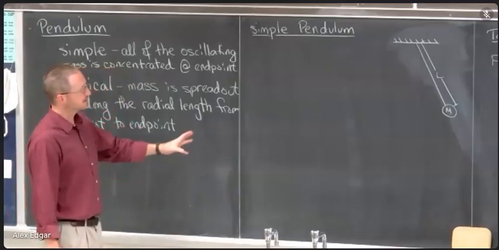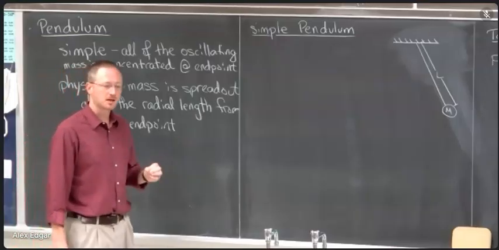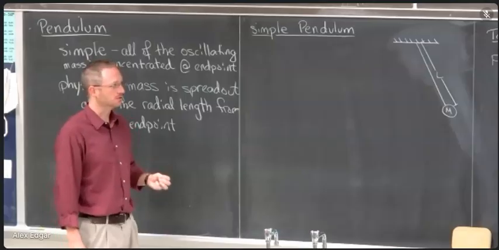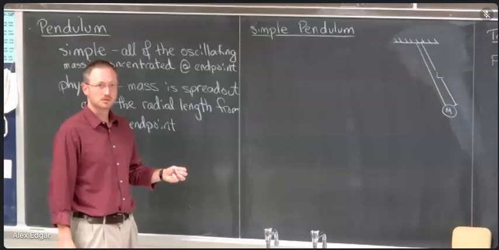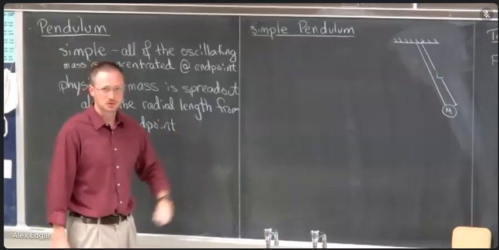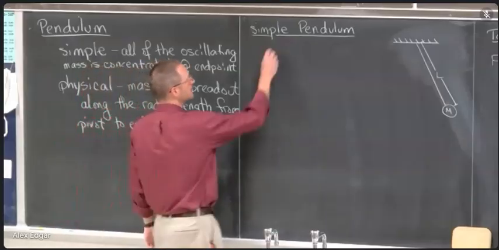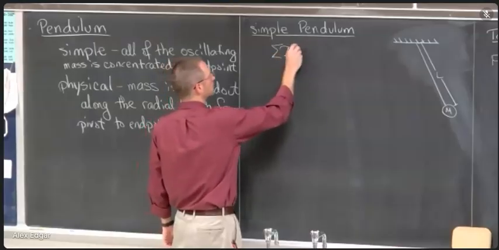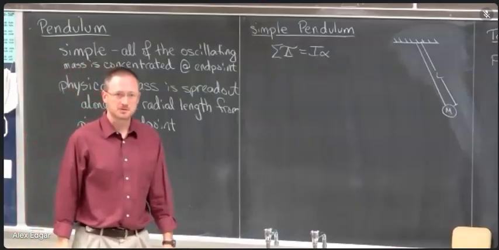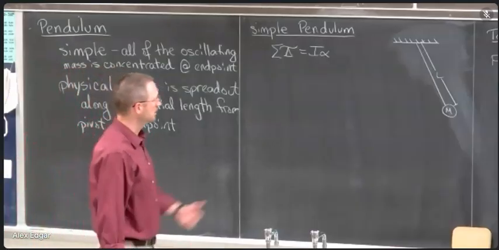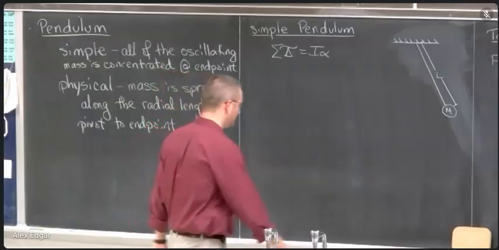So we're going to analyze this using Newton's second law for rotation, and we're going to have to make a couple of mathematical approximations along here in order to get this equation not to be absolutely awful. So let's start with Newton's second law for rotation, which is torque. Torque is going to cause that pendulum to swing back and forth. So here we have a diagram of the pendulum at its starting point when it has been pulled to the side